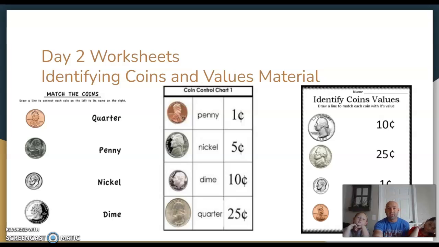So I gave them, as you can see, in the center, that's kind of like the legend, I guess you would say, if this were a map. So they could revert back to what's actually there if they needed to. If they would flip that over, if they had this chart, they could kind of give themselves an idea of where they're at. Ellie struggled with this a little bit, but by the time we redid it, did you feel pretty good with what was a quarter, what was a penny, and things like that? So, I mean, it was a quick refresher. Anston, you were pretty comfortable. I know you kind of forgot a little bit, but you caught on pretty quick again after it was taught. So